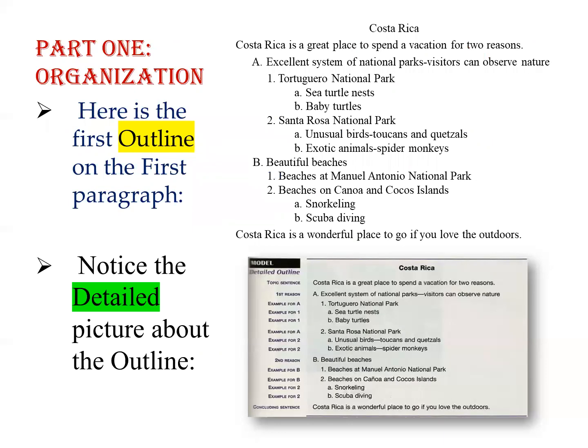Here is the first outline on the first paragraph. Okay, this is the paragraph from the book, notes the detailed picture. It tells you details, your specific details. The topic sentence, first reason, example for A, example for one. So anyhow, let's read the outline. First, I'm putting the title, Costa Rica. Then I'm putting the topic sentence. Costa Rica, it's a great place to spend a vacation for two reasons. So I put